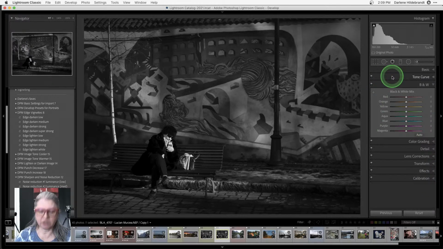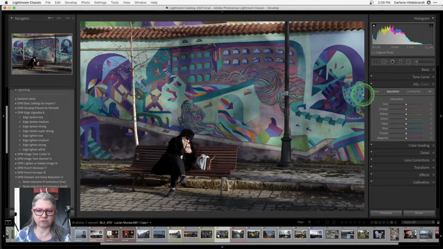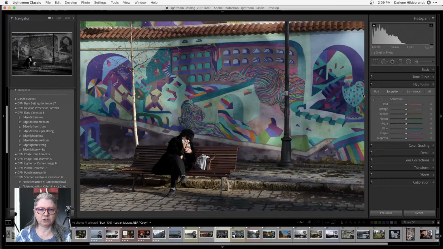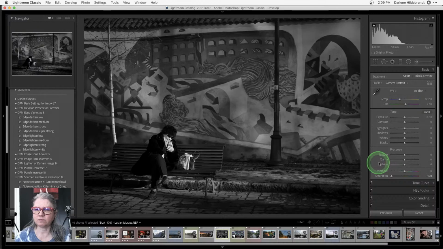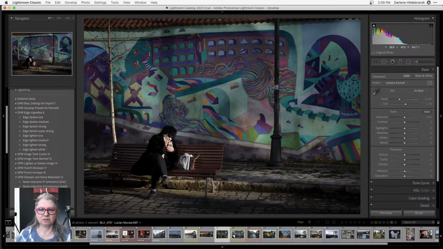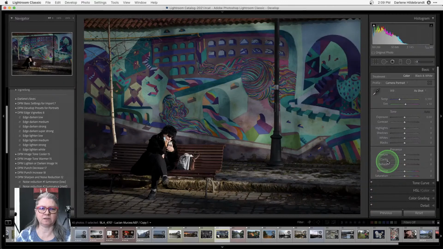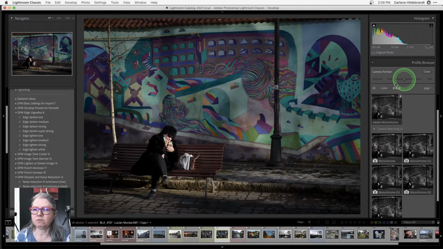If we want to see the original image, let's do a reset on this one. If I want to see the original image, I want to start with this one, and I'm going to copy all the settings and then put the saturation back. So I want to replicate the same cropping and lighting. And then I'm going to go into the black and white here.